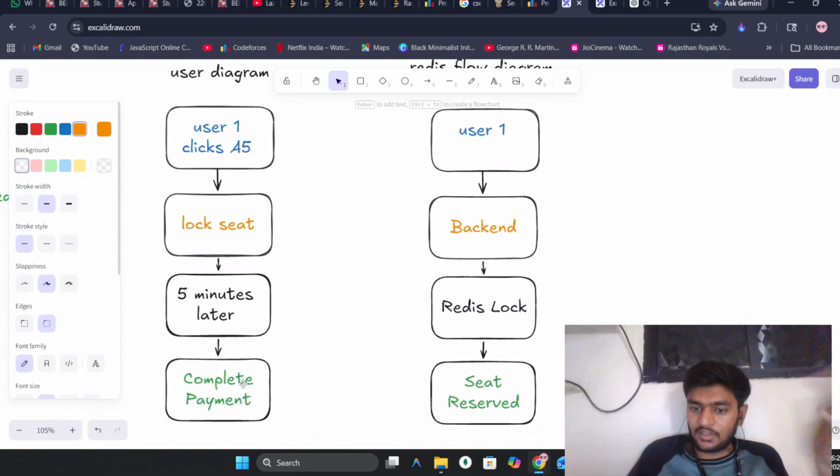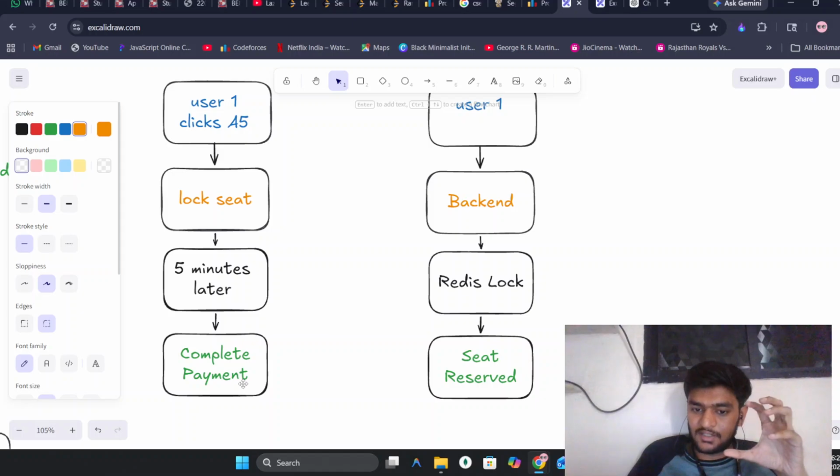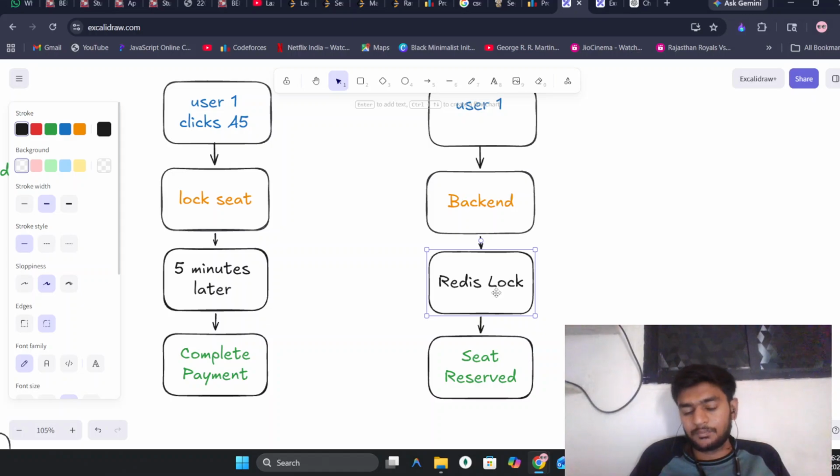So this is how the real-time system works. This is how the Redis lock system works for seat reservation. Redis becomes so important because we only need temporary storage for our data. We do not want to store the data permanently. We just want to store the data for a temporary time. So that is why Redis is